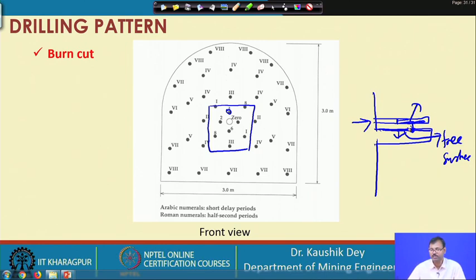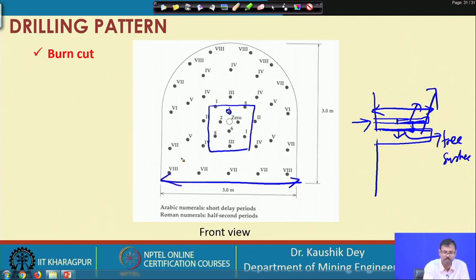So, this is basically essential in burn cut to keep one empty large dia hole which can act as a free surface for its adjacent loaded or charged hole, and that is why the length of drilling does not depend on the face dimension, like wedge cut. So, this is the benefit of using the burn cut.